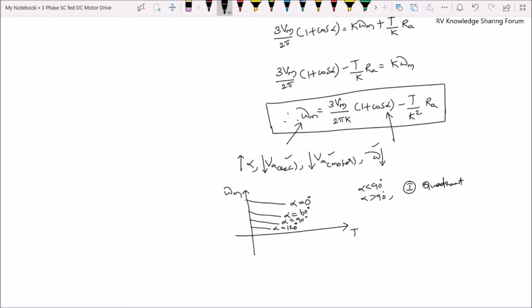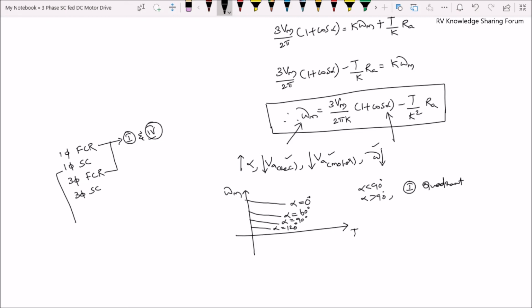So that is all about today's session. Finally we have completed our rectifier controlled DC drives, in which we first discussed the single phase fully controlled rectifier fed DC drive, the single phase semi converter fed DC drive, the three phase fully controlled rectifier fed DC drive and the three phase semi converter fed DC drive. Out of which the single phase fully controlled rectifier and three phase fully controlled rectifier gave the operations in two quadrants, which is the first quadrant and the fourth quadrant. That means forward motoring and reverse regenerative braking.